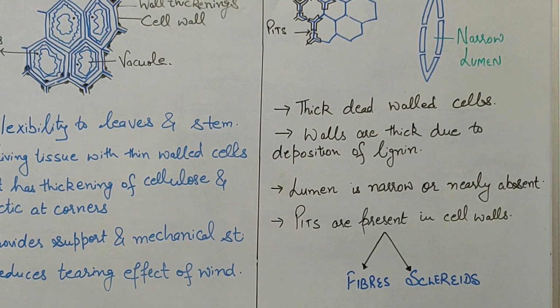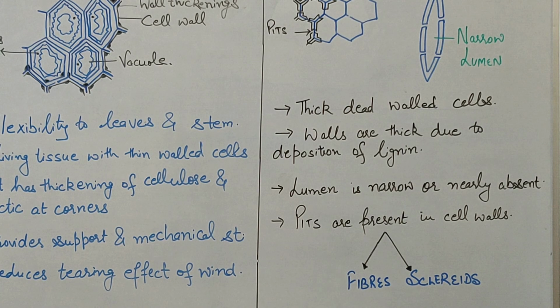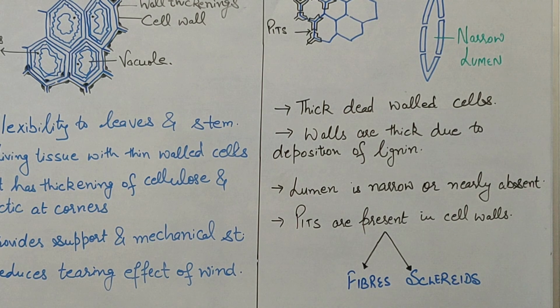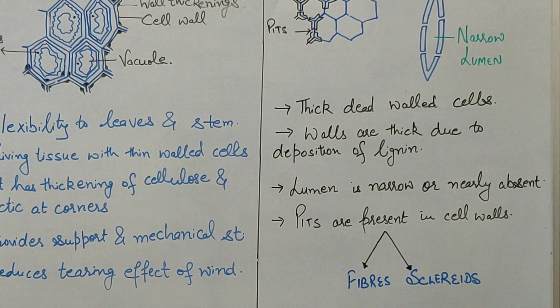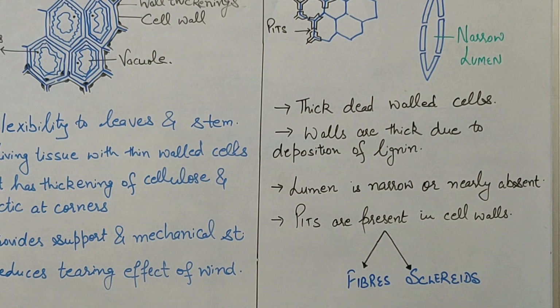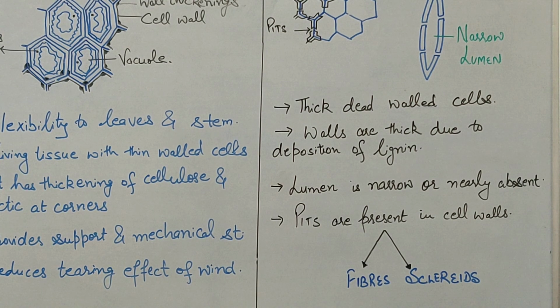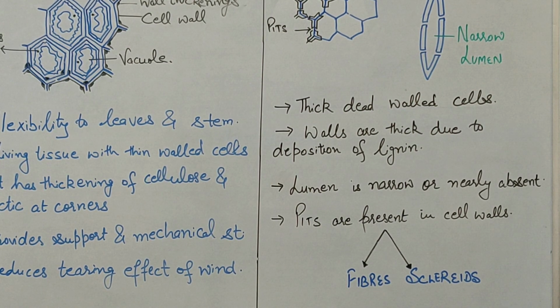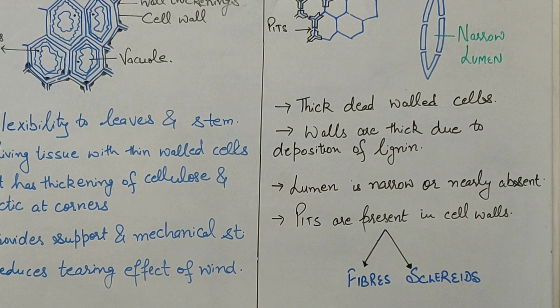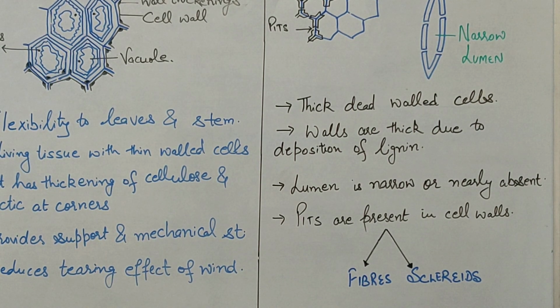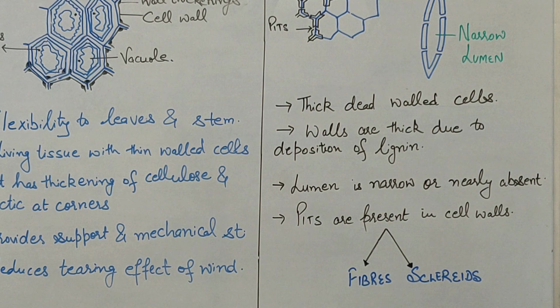In apple, in pear and in guava, the covering outside the seeds is also made of what? Sclerenchyma. Sclerenchyma of some plants provide us fibers. Fibers are also made up of sclerenchyma like flax, hemp, jute, etc. So these are features and functions of sclerenchyma. Thus we have completed types of simple permanent tissue, parenchyma, collenchyma and sclerenchyma.